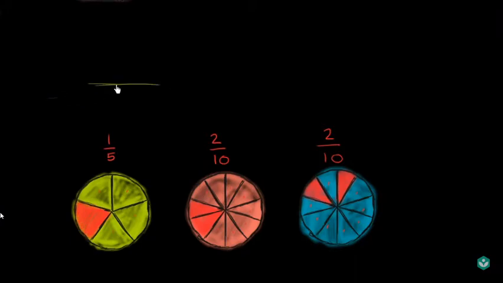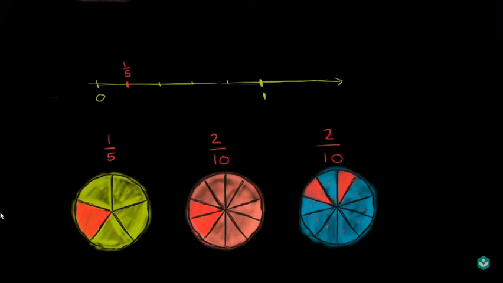Let me make a big number line here. And let's take the section between 0 and 1, that's what we want to focus on, and I'm going to divide it into 5 equal sections. So 1, 2, 3, 4, 5 equal sections, and then that gets us to 1. So this right over here, 1/5, that would be 1 out of the 5 equal sections. So that would get us right over there. So this would be